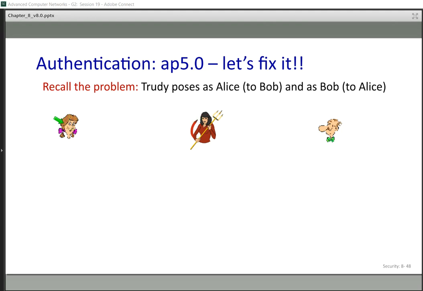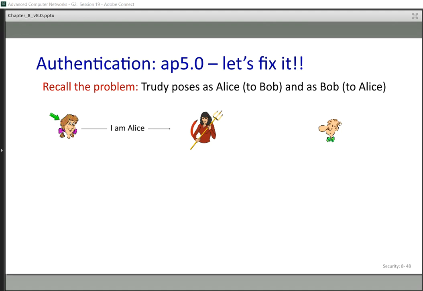One more question. Trudy is here between Alice and Bob, and Trudy can say hello to Bob. She can say, "Hi, Bob. I'm Alice."